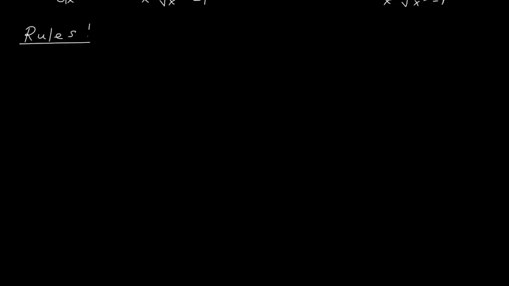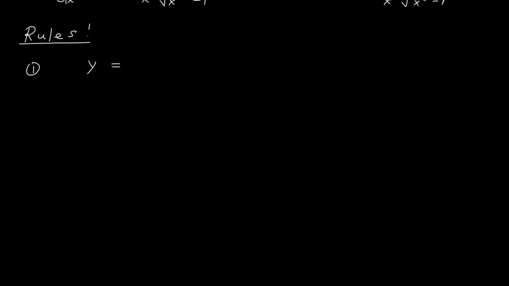Rules are very simple. The first rule is for when your function is an algebraic sum of two or more functions. These rules are applicable when you have more than one function to differentiate. If there is only one function, then the above formulas are well and good. But when you have more than one function, in addition or subtraction form or in multiplication or division form, how do you differentiate them? Let us see that. First I am discussing when they are in addition or subtraction form. Then I will discuss composite functions also.